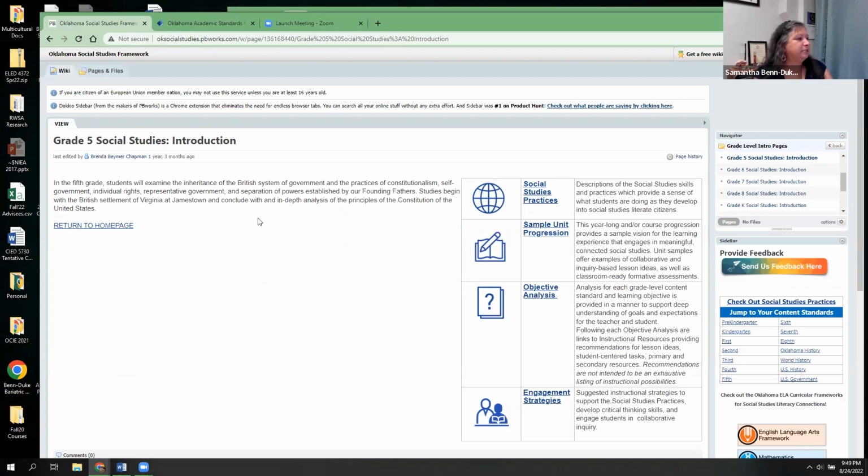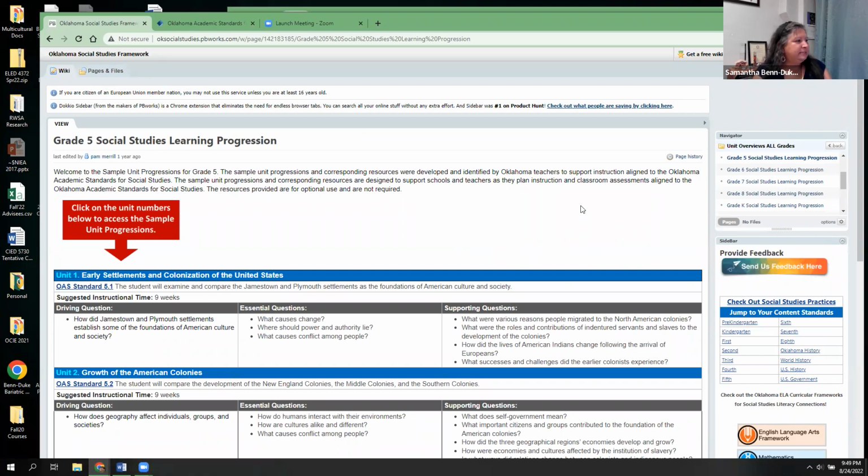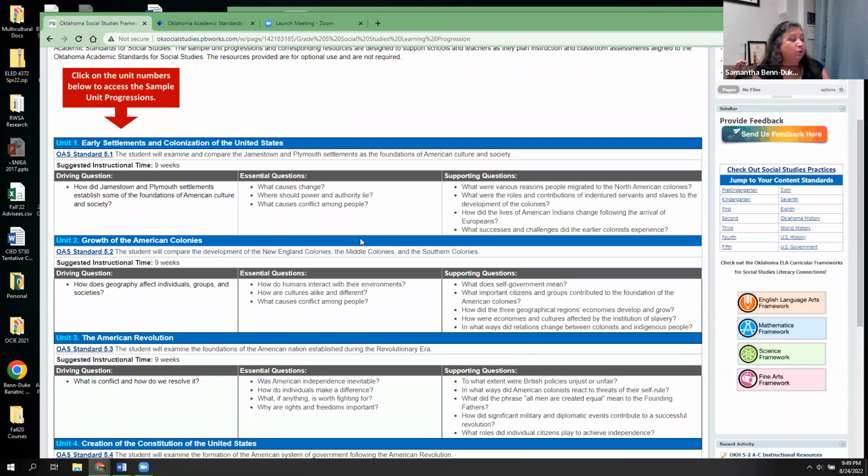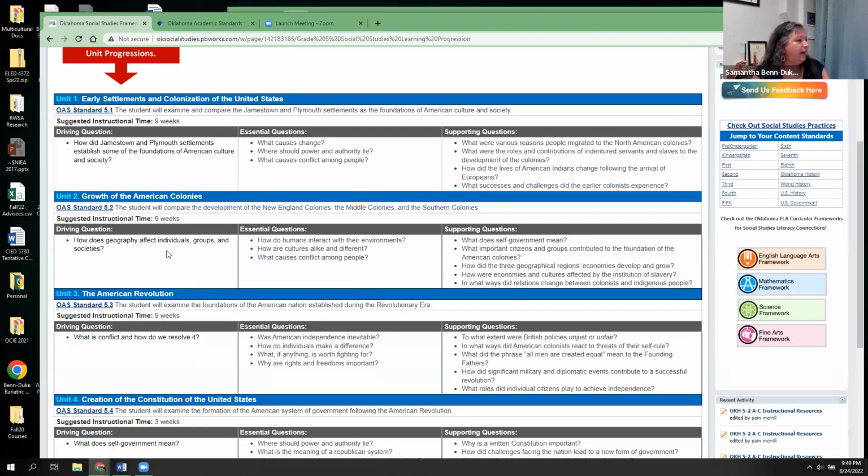And then here's an explanation of what 5th grade social studies covers in general. Over here, we have some of the practices, what things the students are doing as they are developing into literate citizens. Sample unit progressions. These can be very helpful. Learning progressions that can show you the order in which some schools may use this. They may have pacing guides or they may not, but this gives you an idea of how long might this